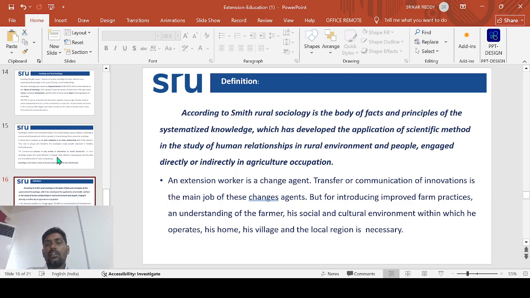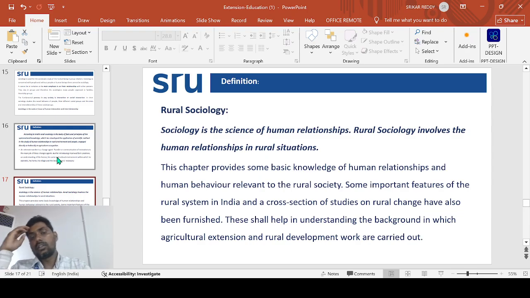Now you can see one more definition or concept called rural sociology. When the science of human relationship or science of society is called sociology, then if you concentrate on rural parts, the specificity here is rural. So rural sociology concentrates on the rural parts of any country. Sociology is the science of human relationship, and rural sociology involves human relationship in rural situations. In general situations, if you study society, it is normal sociology. But if you see human relationships in rural areas, that study can be called